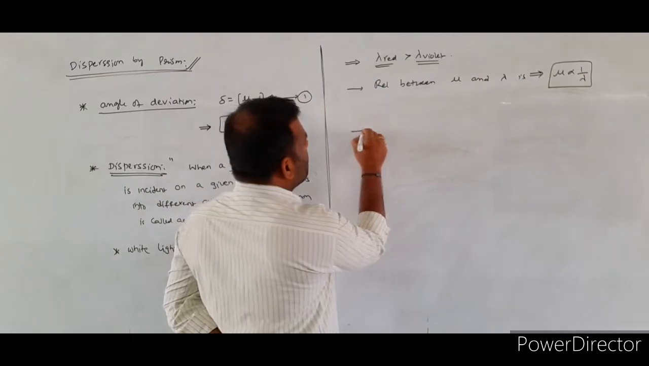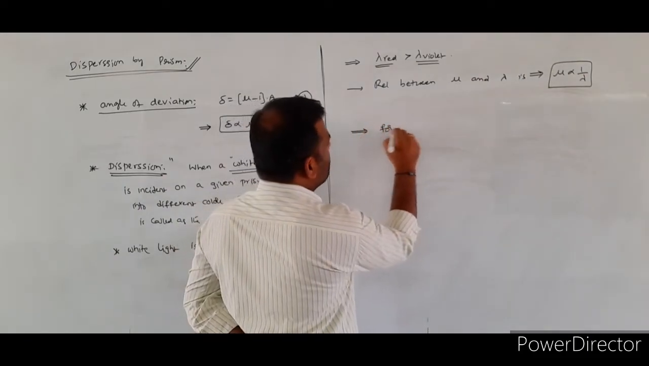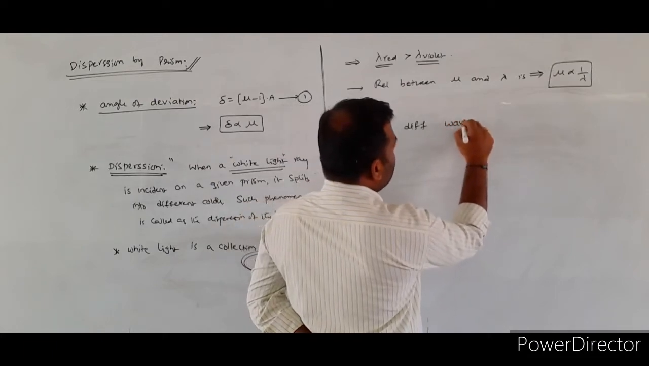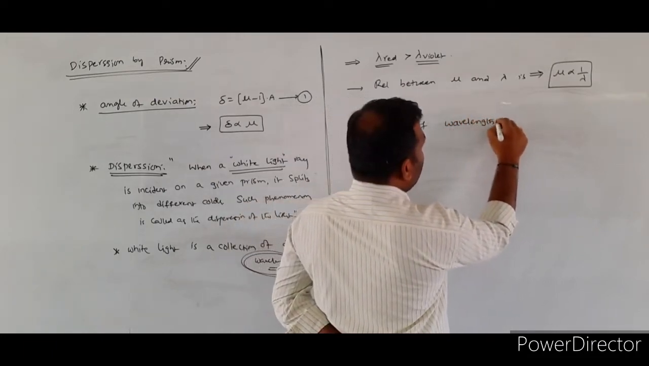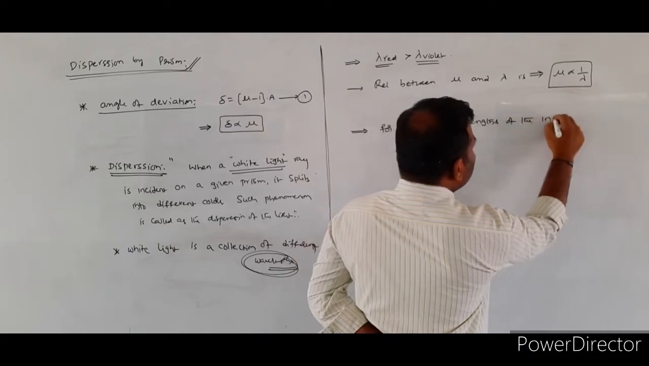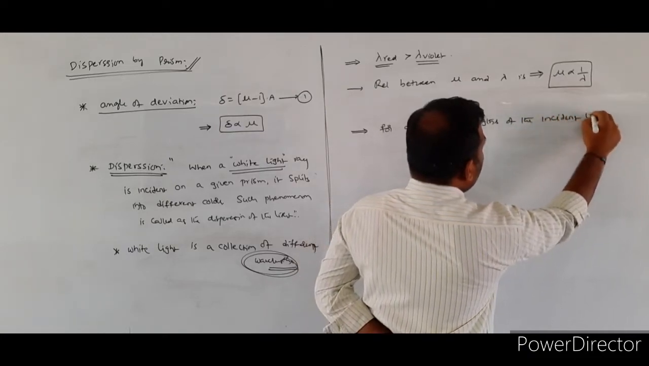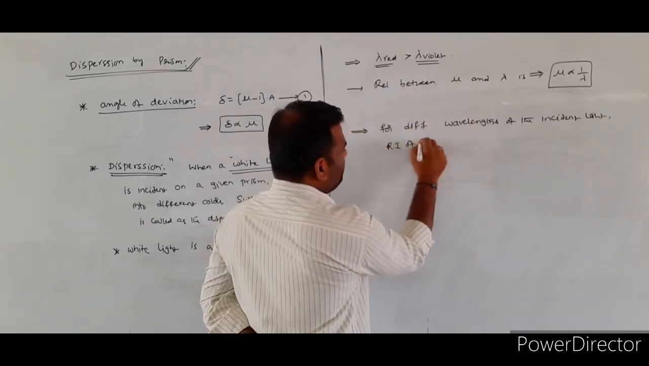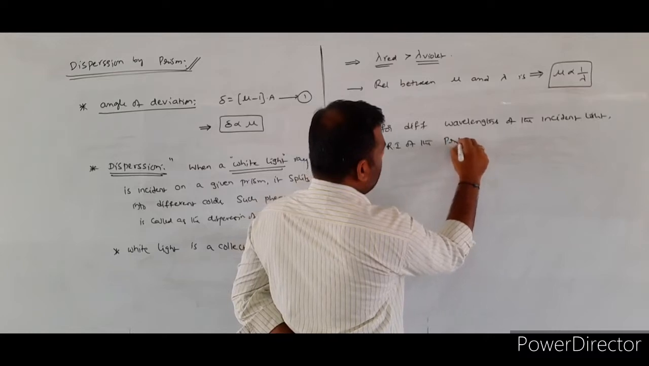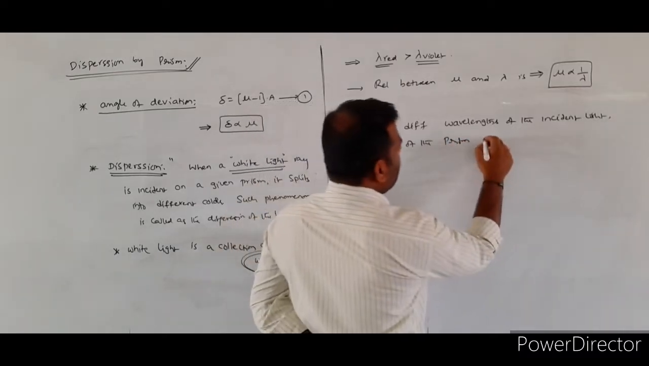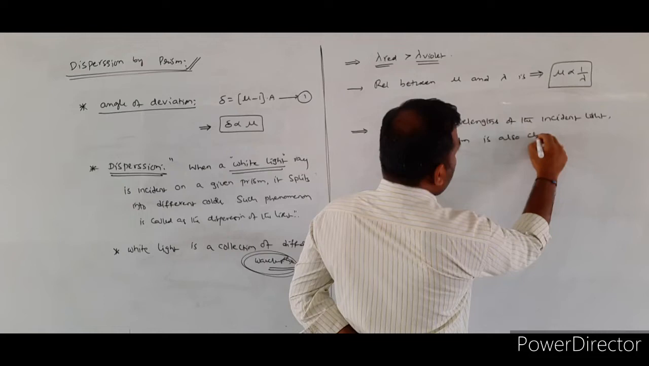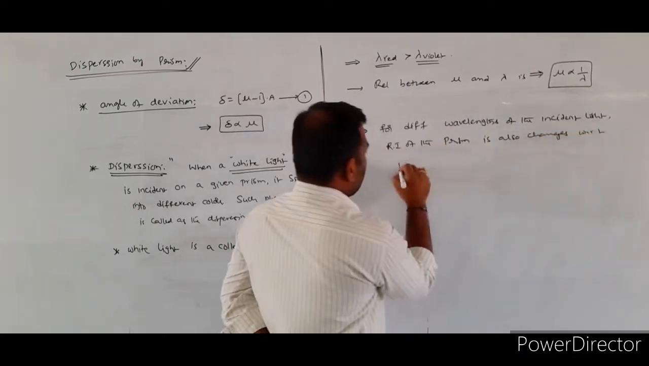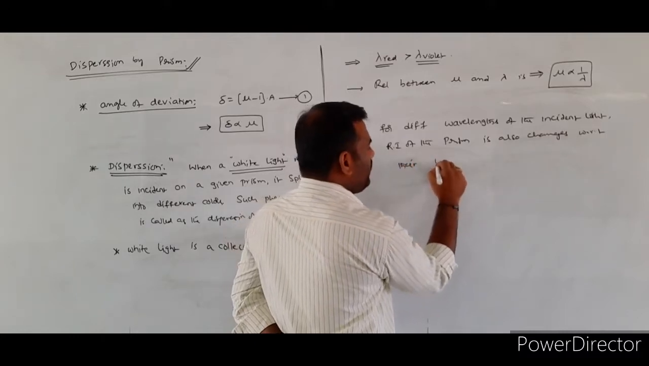So what is the reason behind this? For different wavelengths of the incident light, the refractive index of the prism also changes with respect to their wavelength